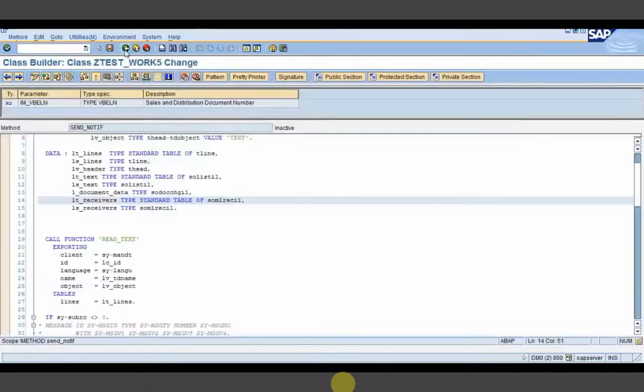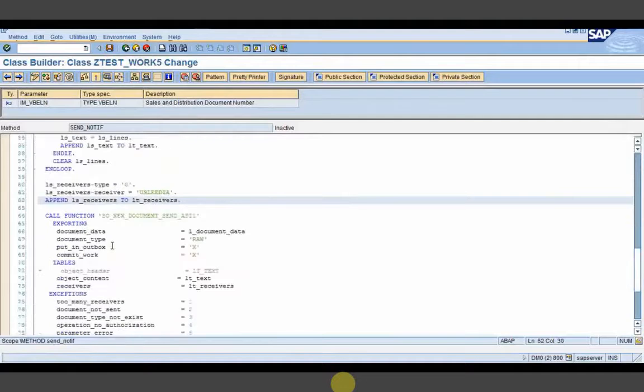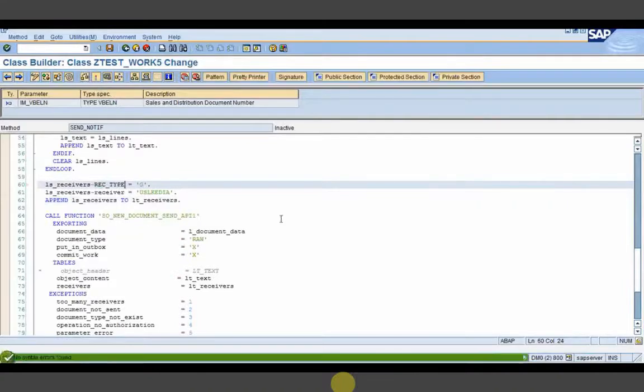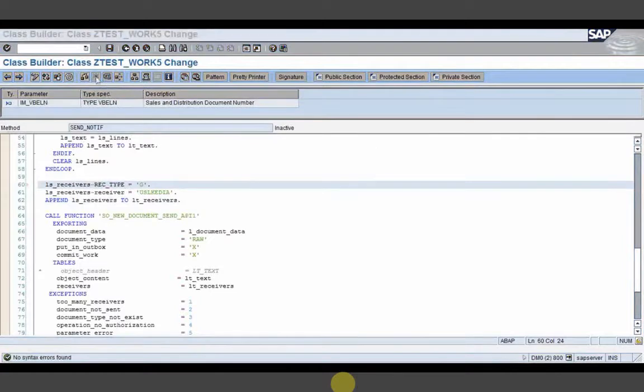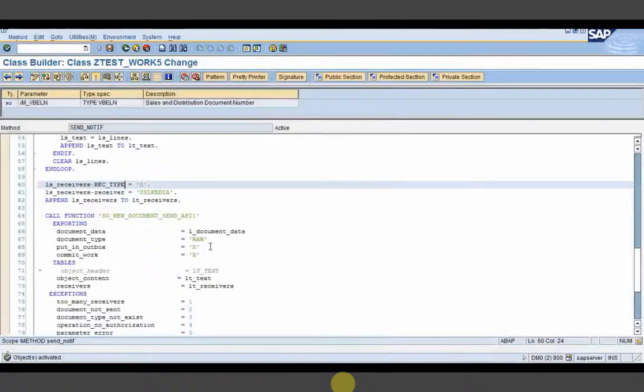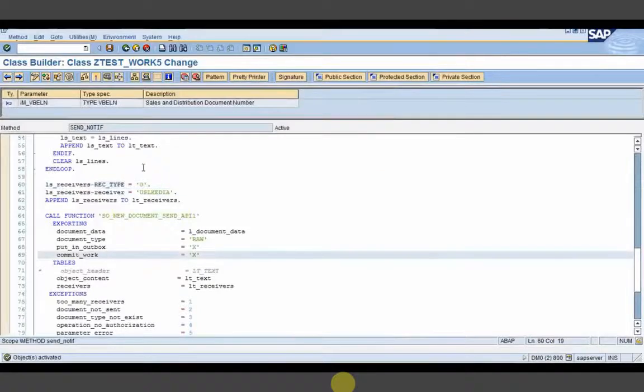It will be rect type. So now it has got activated.